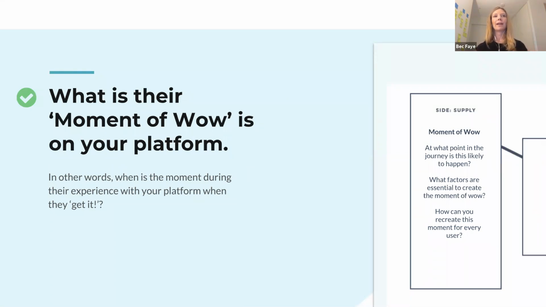Now the next thing is, what is their moment of wow? This is understanding that journey we've just mapped out, and where along there we can give them a moment of wow. Where is that moment where they just get it, particularly if you're providing them with a new opportunity, a new way of doing something? How can you provide them with that eureka moment where they just get it, and from then on they'll never look back? For example, that could be your first Uber ride, or your first Airbnb stay where you're like, wow, that was actually really easy. That amazed me. I had an awesome black shiny car back in the early days of Uber. But those moments where you just get it. So how can you recreate that experience for all of your users?